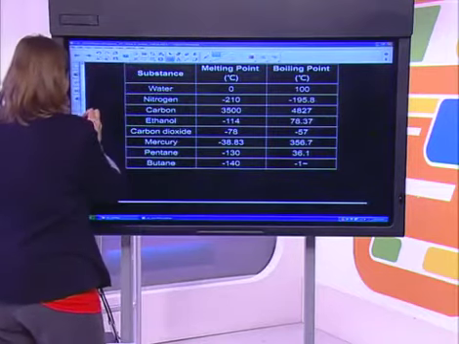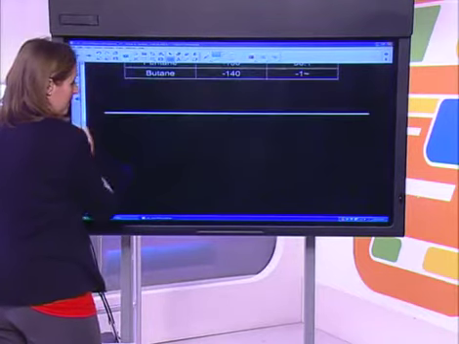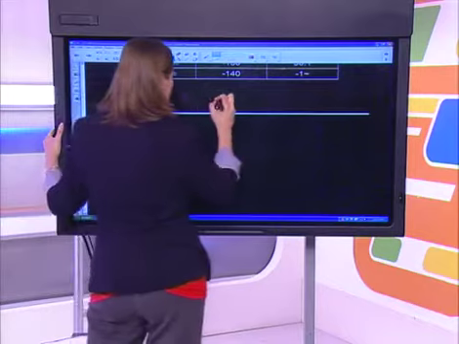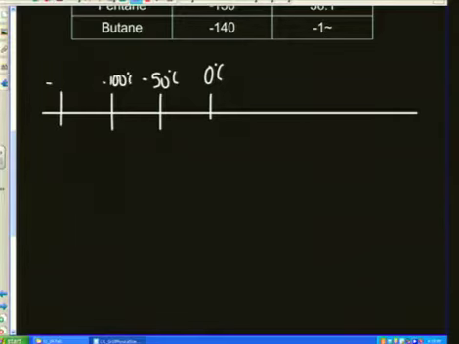So on my number line, and I've got this number line at the bottom here, I'm going to start with somewhere halfway, and I'm going to put that as 0 degrees Celsius. And then I'm just going to go up in 50s, up and down. So that's going to be negative 50 degrees, negative 100 degrees, negative 150 degrees. Notice I'm working backwards so that these are the negative numbers, but it's going smaller and smaller